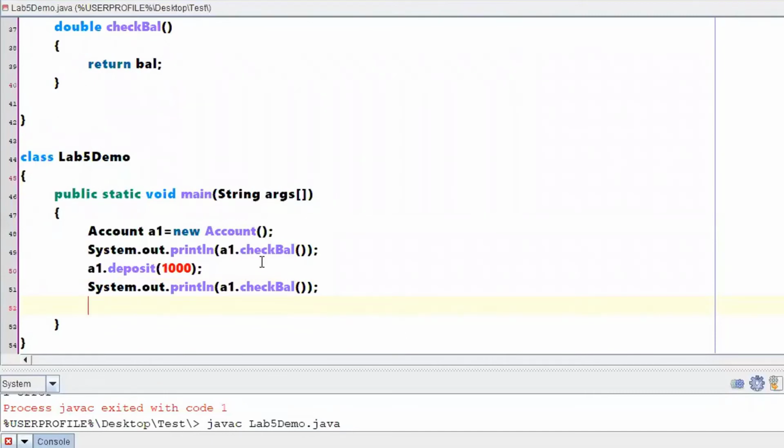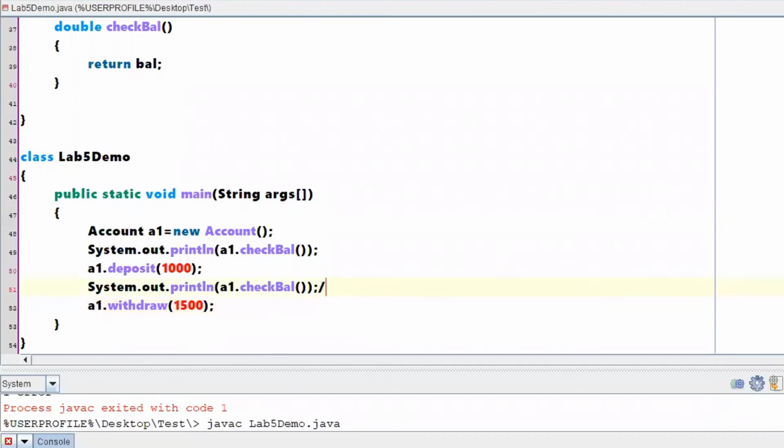See, after doing all these things, that means after depositing 1,000, my account balance became 2,000 now, right? So from that particular account, let me withdraw some 1,500. What is the balance at this particular situation?